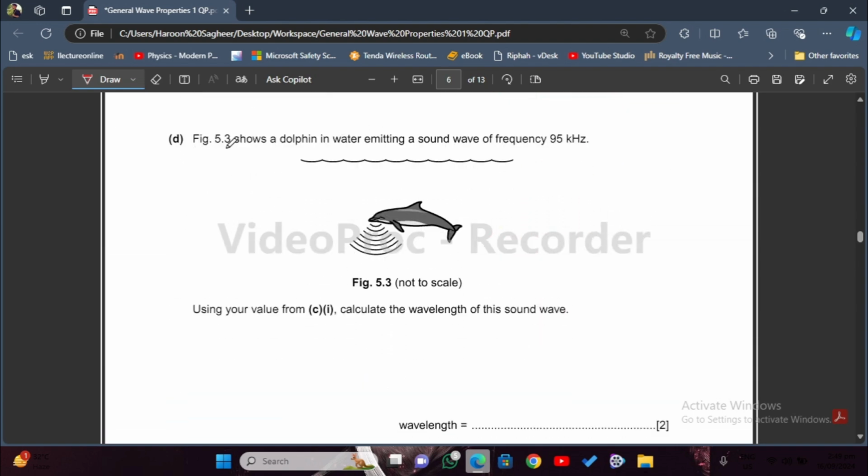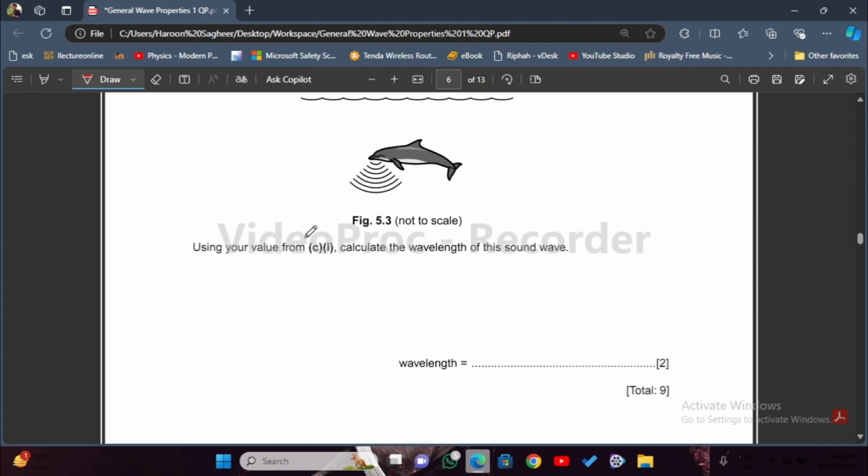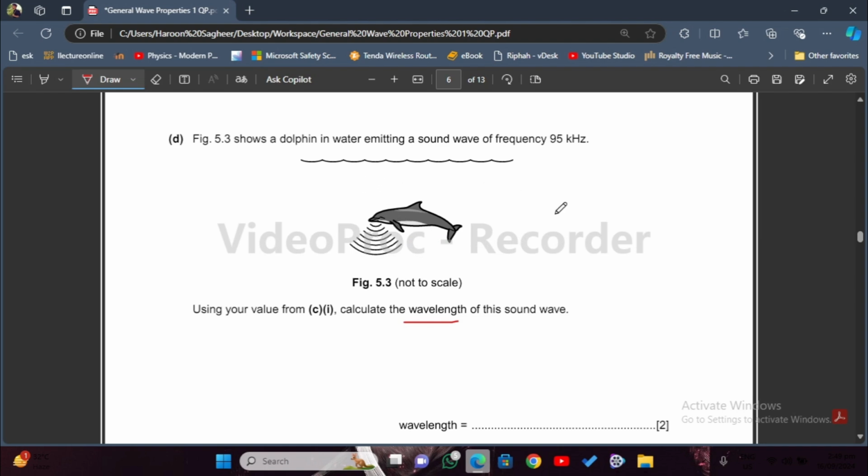Right, in part D, there is a dolphin which is producing a sound of 95 kilohertz. Using your value from C, now find the wavelength of the sound. Dolphins are in water, so speed of sound in water is 1500 meters per second. Frequency is given, and we would have to calculate the wavelength. So wavelength would be